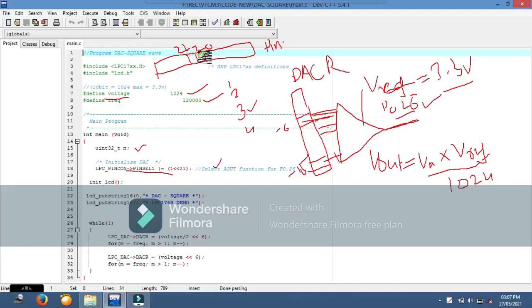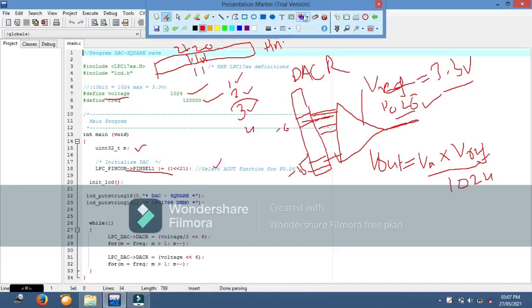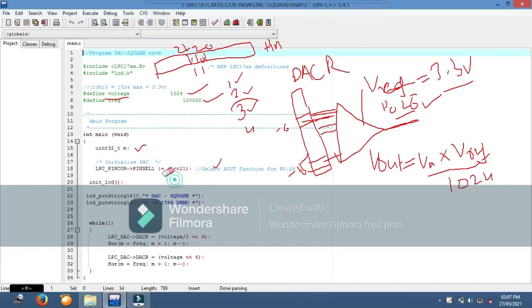If these two bits are 0, 0, it will perform function 1. If it is 0, 1, it will perform function 2. If it is 1, 0, meaning this will be 1 and this will be 0, then it will perform function 3. If both are 1, it will perform function 4. Since we need function 3, we have to set 1, 0, meaning bit 21 is 1 and bit 20 is 0.